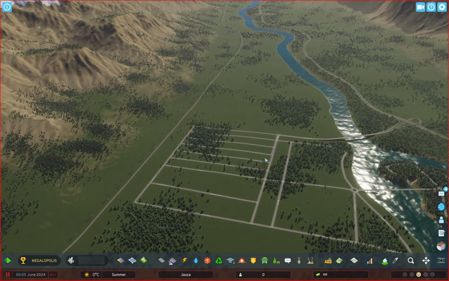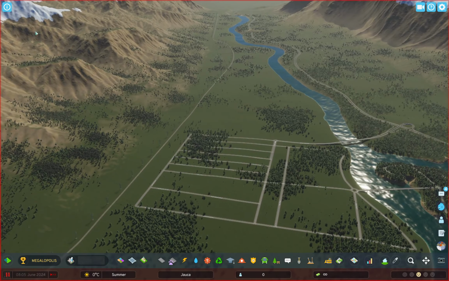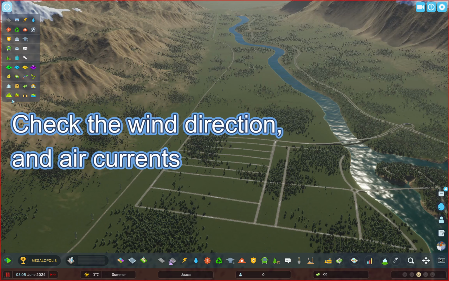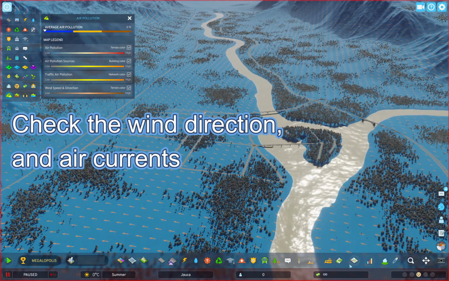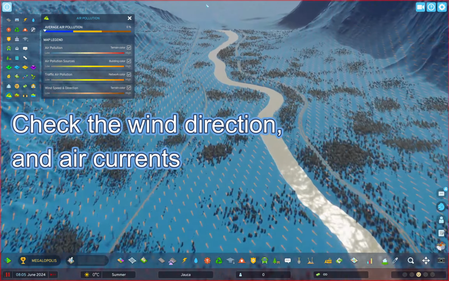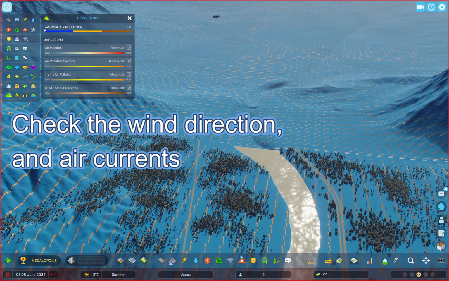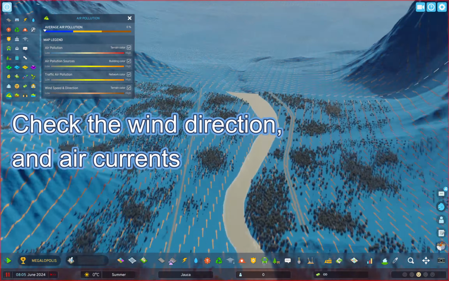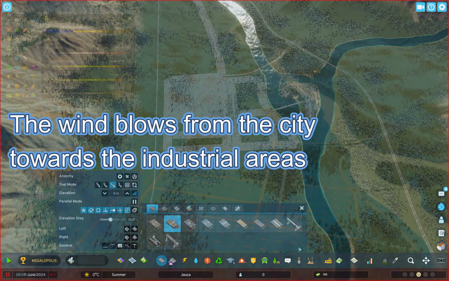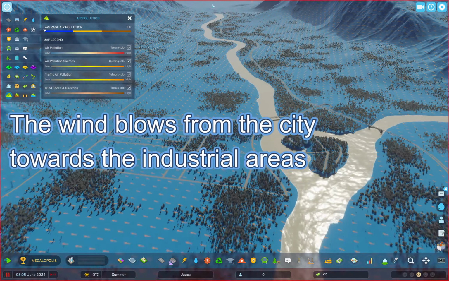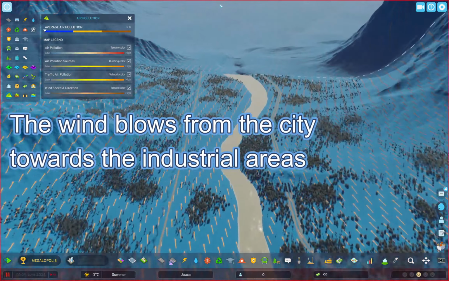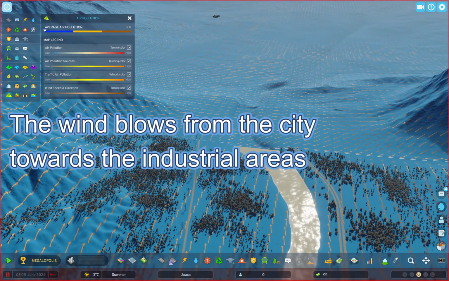Before placing industrial zones, check the wind direction map, which shows air currents and the predominant wind direction, helping you understand where the pollution from factories and industries will disperse. Ideally, place your industrial zones downwind from residential areas, meaning in the direction the wind blows away from the city. This way, pollution from factories and industrial activities will be carried out of the city, minimizing its impact on populated